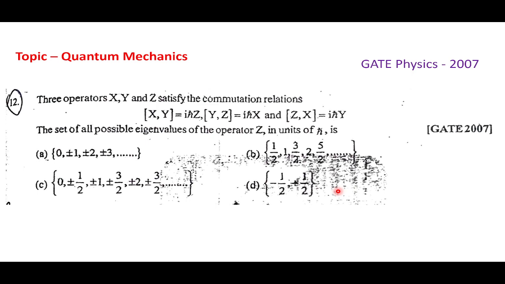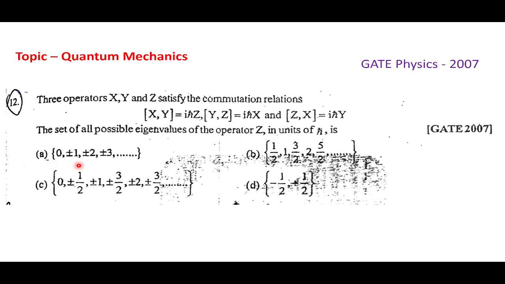So okay, this was the question from 2007, from quantum mechanics also. Three operators X, Y, Z satisfy the commutation relations: commutation of X and Y is i h cut Z, commutation of Y and Z is i h cut X, and commutation of Z and X is i h cut Y. The set of all possible eigenvalues of operator Z in units of h cut is,